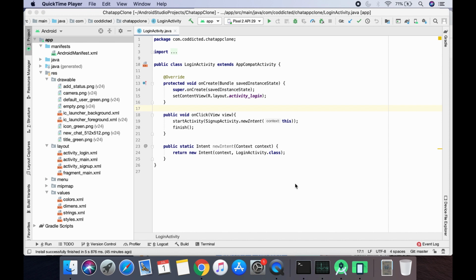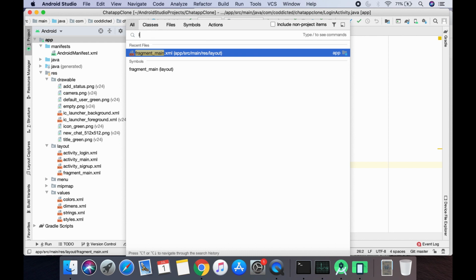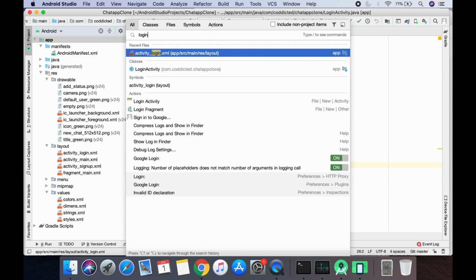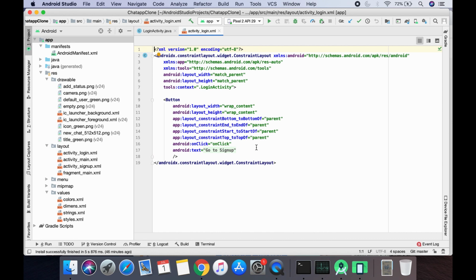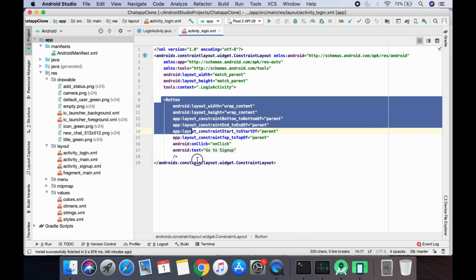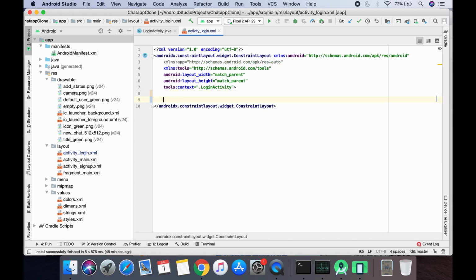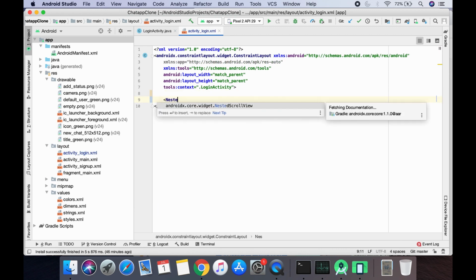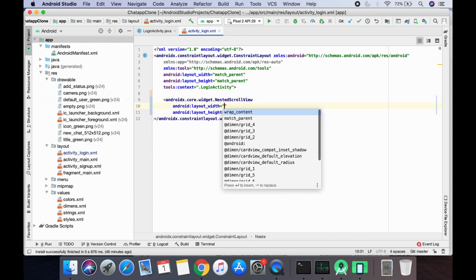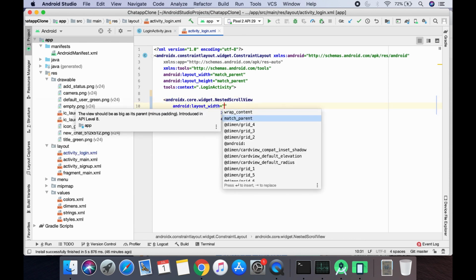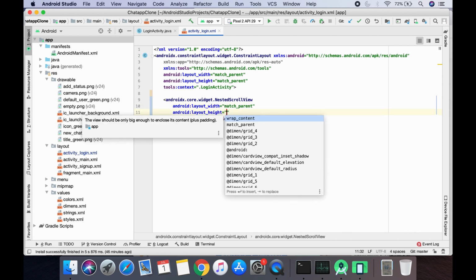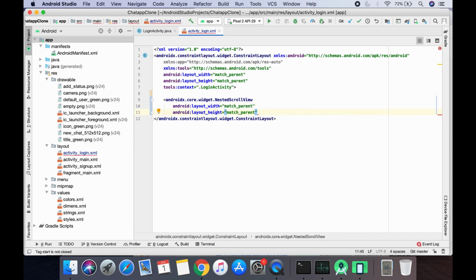So to begin with, let's open the login activity XML, double shift, activity underscore login dot XML, and right now we have a button in it. So let's just remove it for now, and what we need is a nested scroll view having width as match parent and height also as match parent,